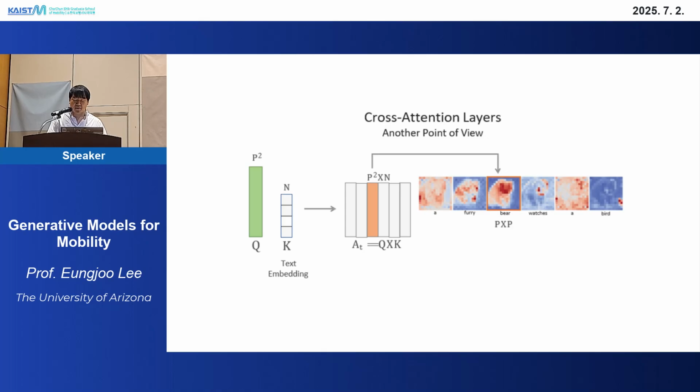And in the cross-attention layer, they project image features into queries and text embeddings into keys and values. And this model learns where each word, such as kitten, puppy, or bear in this case, should influence the visual output through attention weights. So as you can see, it could be a word or it could be sentences, and this cross-attention layer tries to focus on specific words in that input text